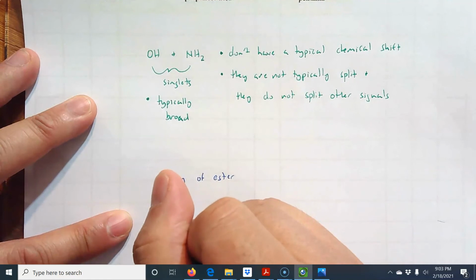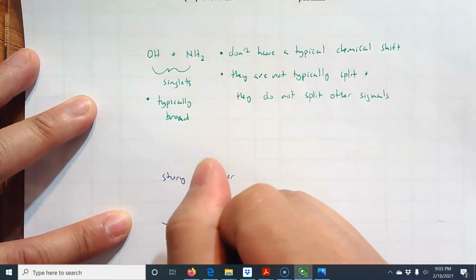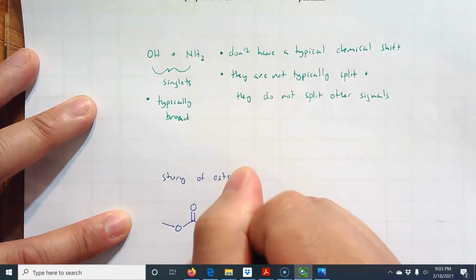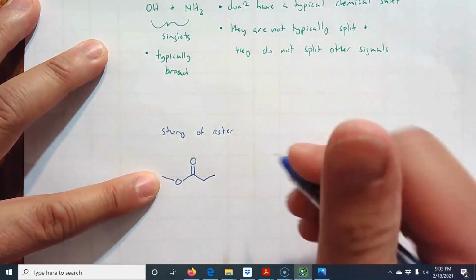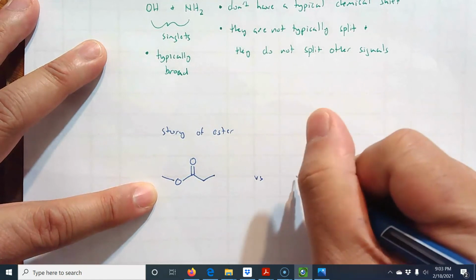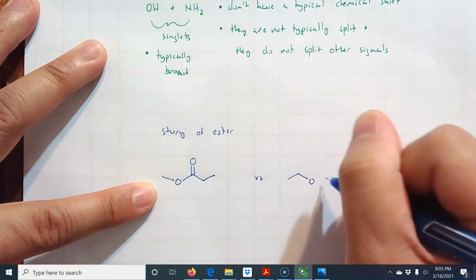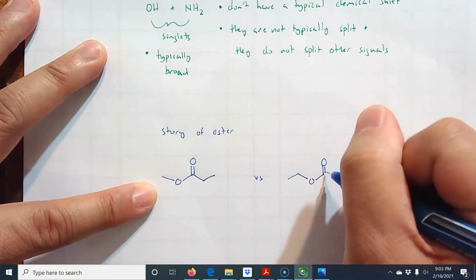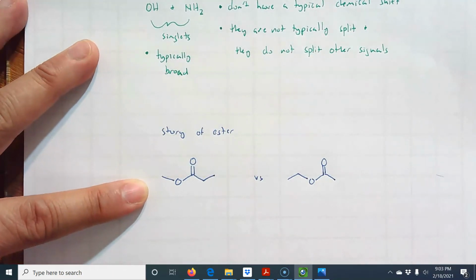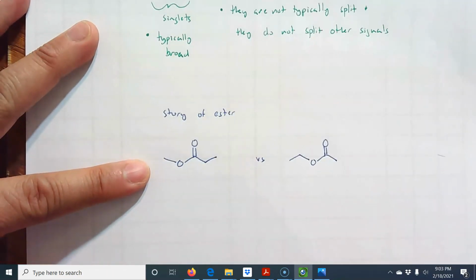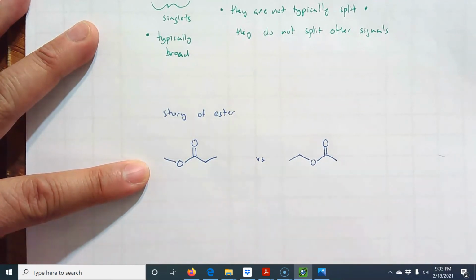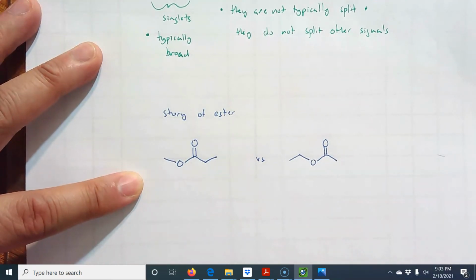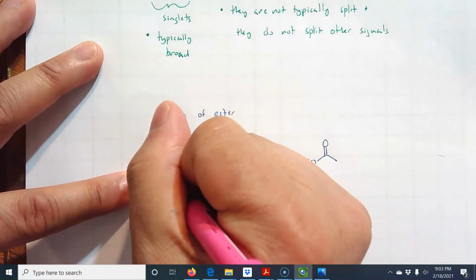If I have this ester right here, 1 carbon on the O, 2 carbons on the carbonyl, versus this ester right here, 2 carbons on the O, 1 carbon off the carbonyl, they actually have the same integrals and splitting, and it's only the chemical shift that's going to save us. Because look at this. We have a